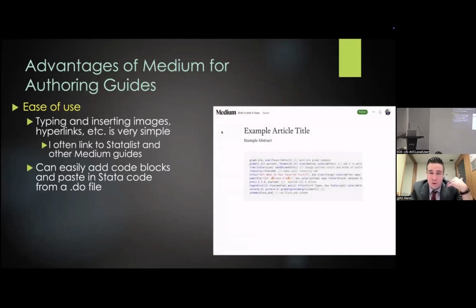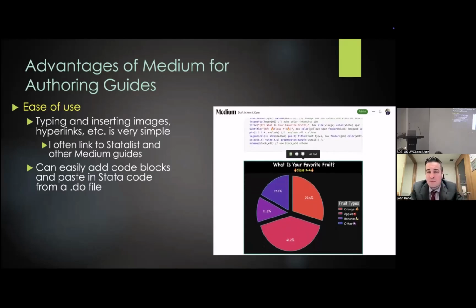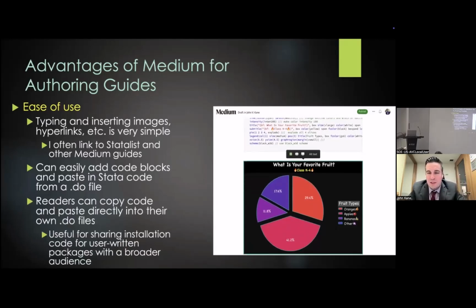And then from there, you can insert a graph, the graph that gets made from that code, right? And that graph happens to be from a presentation I gave on data visualization to my son's kindergarten class, which went about as well as you'd probably guess, but still fun, right? But the main point there being how nice it is to have a block of code that users can literally just copy and paste directly into their do file. How convenient that is. It's really, really nice. This is great for just sharing code and also sharing install instructions for user written packages.